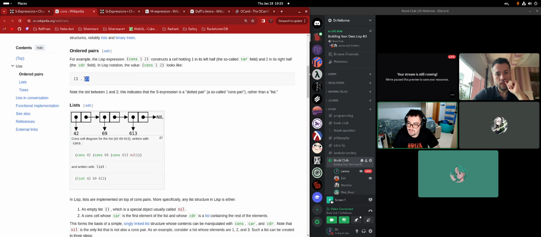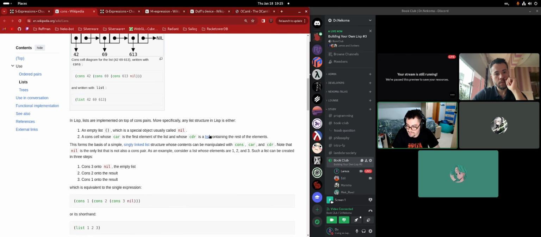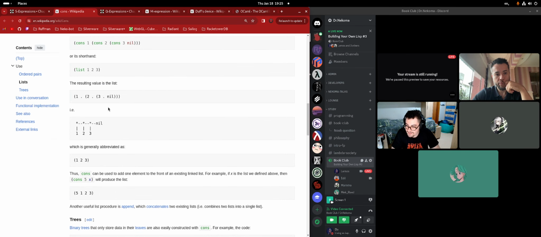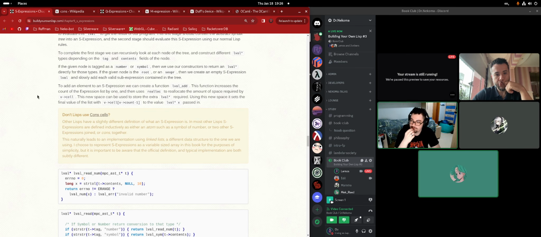But this reminds me of bad stuff, because I think you remember that we tried to use this in Racket and it didn't work that well. Oh man, that was bad. Okay, what would be the alternative here instead of cons cells?